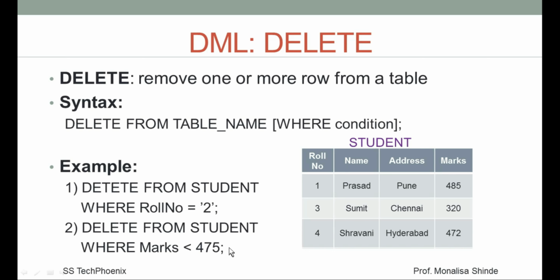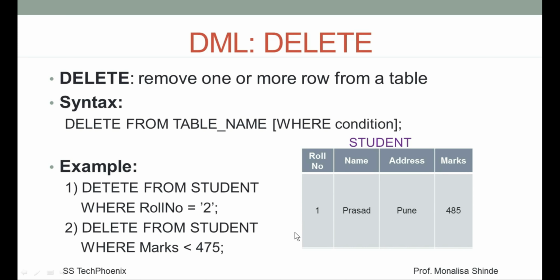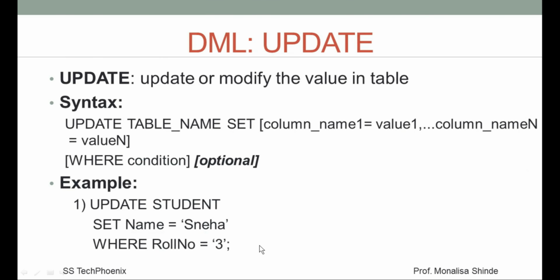Now with the help of this delete command we can delete both the records from the system at a time, means at once we can delete both two records. So this will be the result, means only one record will remain in the table. So we have seen the delete command can be used to delete a single record, means one by one, or we can delete multiple records. Next command is the update command.